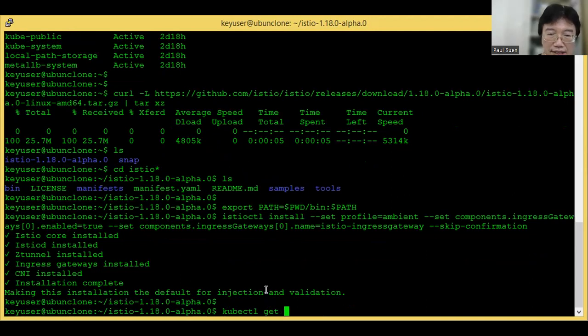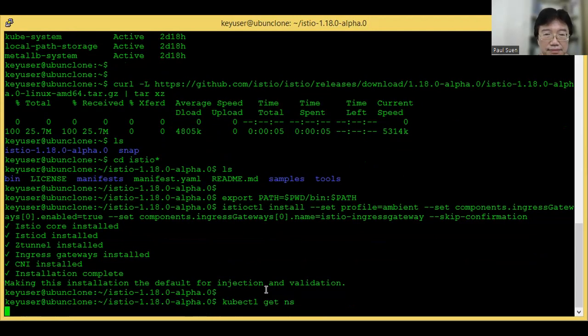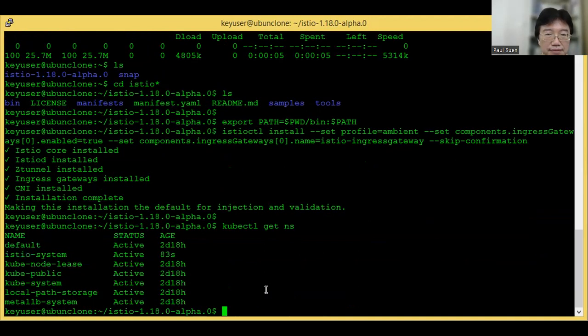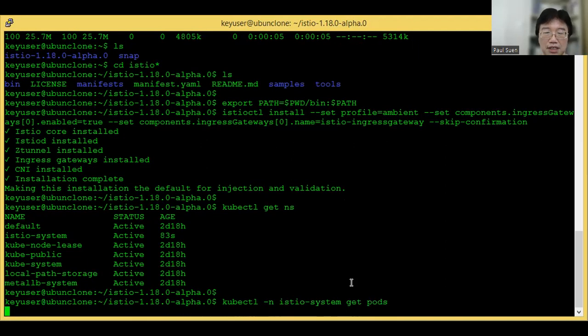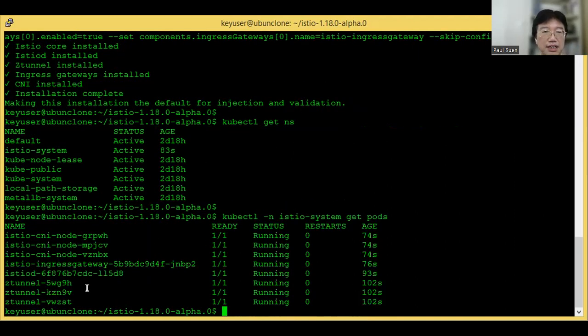Let's check out a few things. So here we have a new namespace called istio-system. It's already been installed onto the cluster. As you can see, we have a daemon set of ztunnel, so there are 3 ztunnel pods deployed on the 3 Kubernetes nodes.